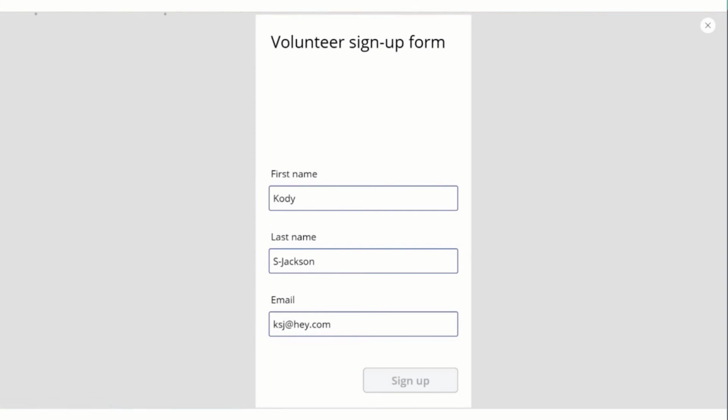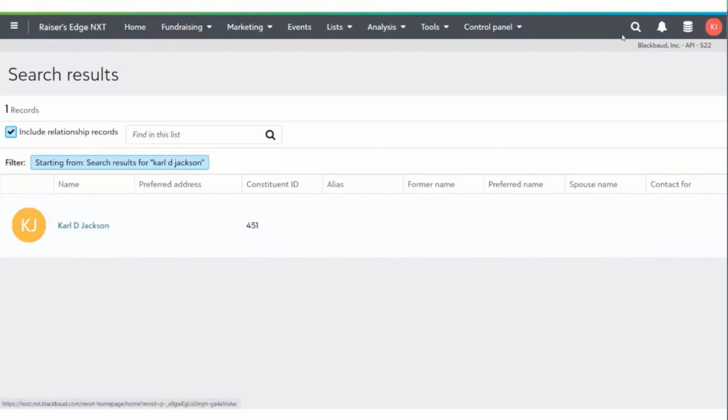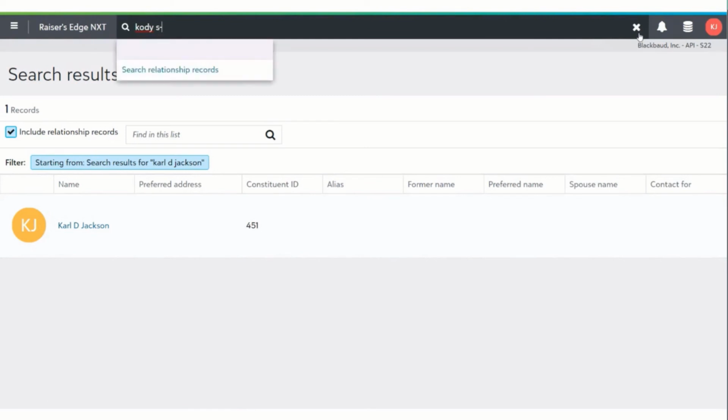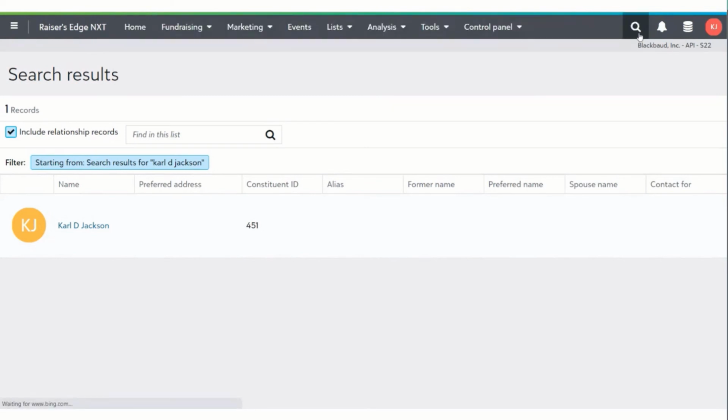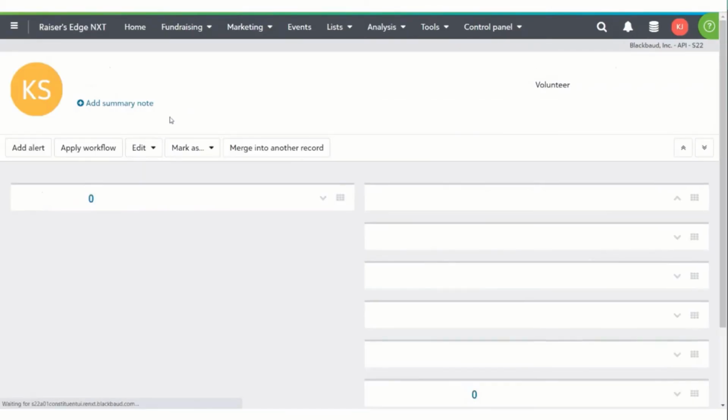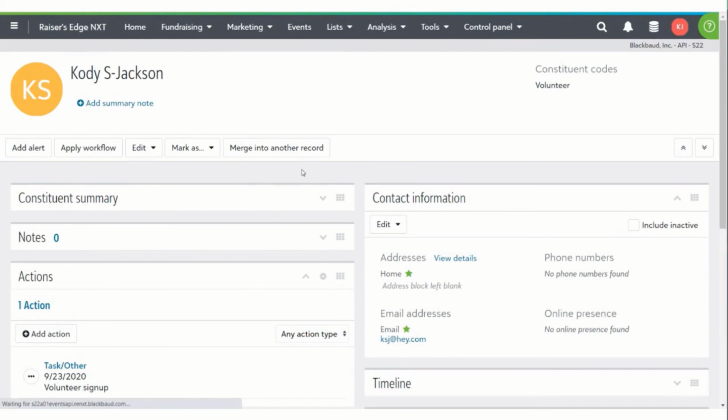And it might take a little bit to think about it. Okay. So Cody S. Yeah, so it worked. So it went ahead and created our constituent, added the constituent code, added an action. Again, exact same thing as before.